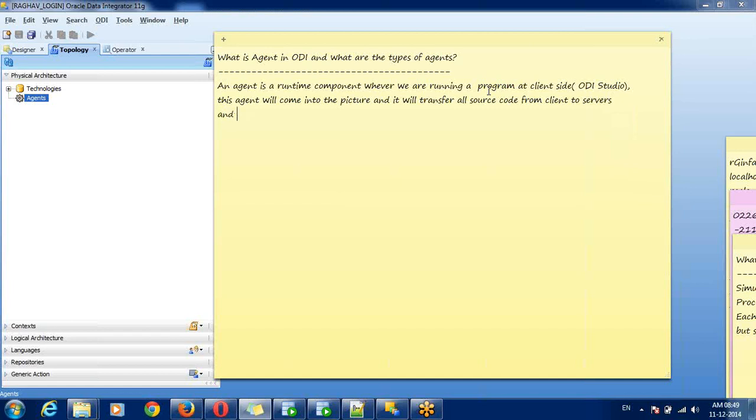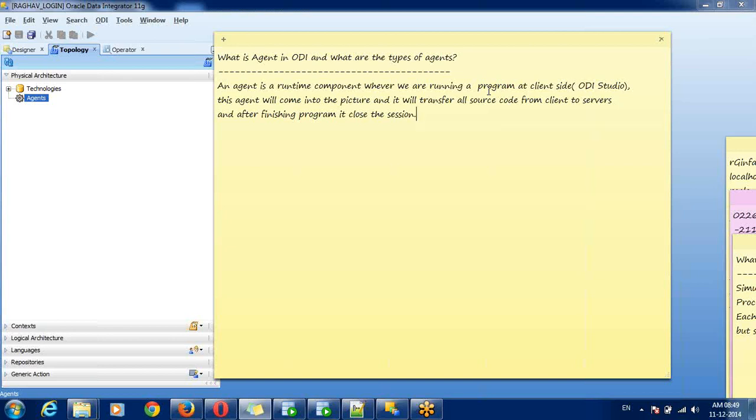The agent's main job is like pinging the servers to check whether the servers are available or not. If the servers are available, it will transfer the source code, meaning whatever program you are going to run. After finishing your program, it will close the session.